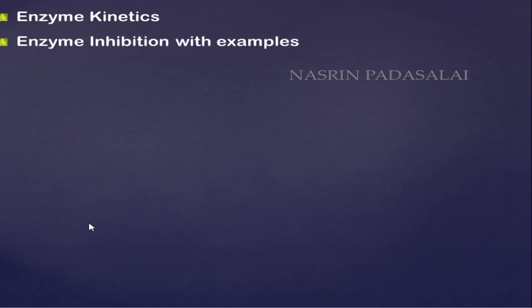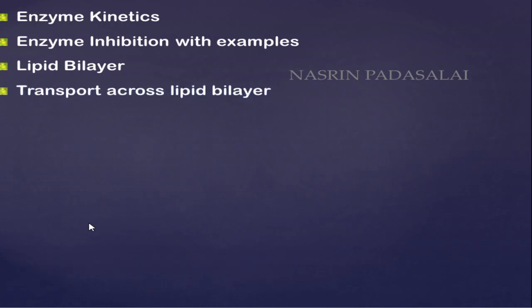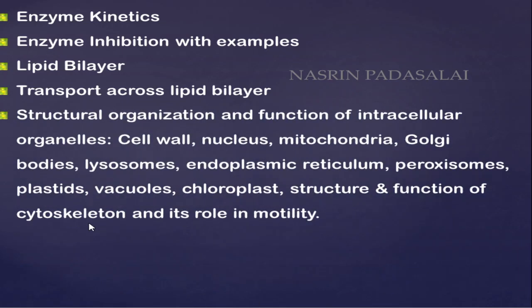You need to know about competitive inhibition, with graphs and examples of competitive, uncompetitive, and non-competitive inhibition. Next, you need to study about the plasma membrane, like lipid bilayer structure. Next, transport across the lipid bilayer, active transport and passive transport. Next, you need to know about structural organization of various intracellular organelles like cell wall, nucleus, mitochondria, Golgi, lysosome, chloroplast,